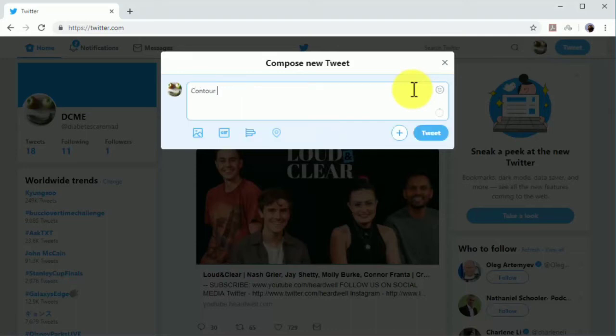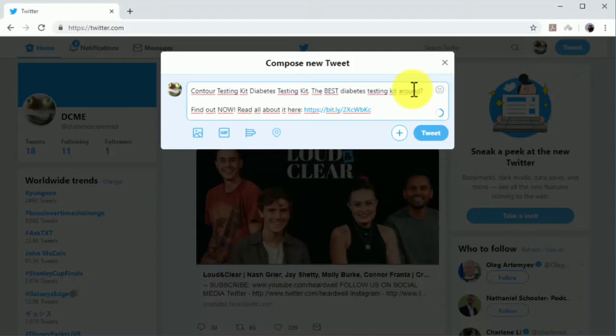First, type a brief description of the content or offer that you'll promote. In this example, we'll promote an article about a product, which contains a link to a sales page at the end. So we will start with the name of the product, followed by a product keyword, followed by a description of the product. Now we'll follow with a call to action to encourage users to check the article, and we'll insert the URL at the end.